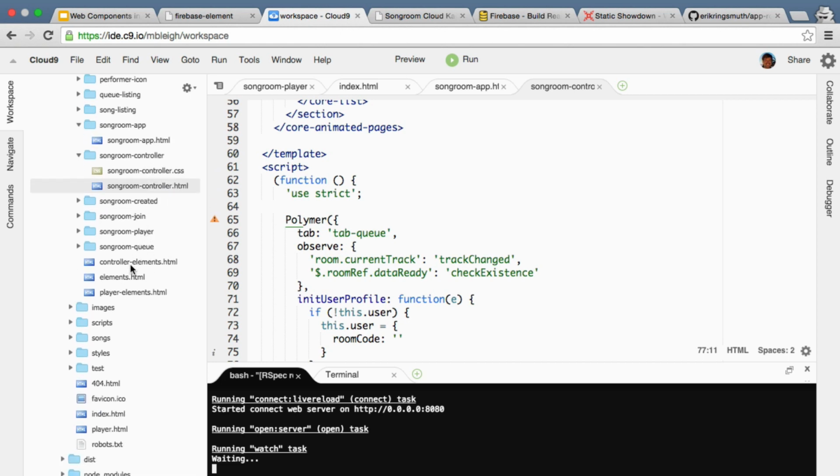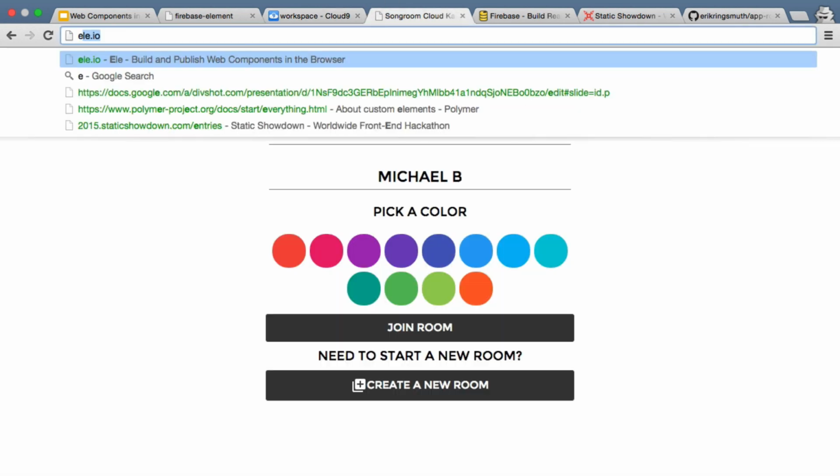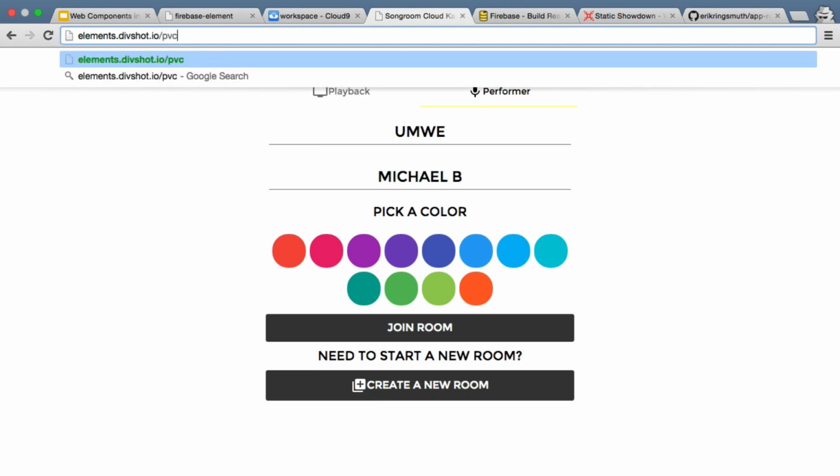I'm really interested in PVC globals, if you could explain that. Okay, so let me pull up the docs for that. Why is it PVC? So basically, since everything has to have a dash in the name, my sort of catch-all for these little utilities that I'm building for Polymer stuff is PVC, because that's polyvinyl chloride, which is a kind of polymer, and so it's just my little